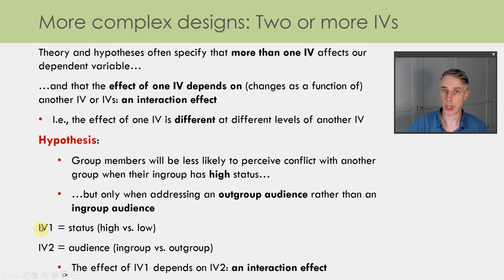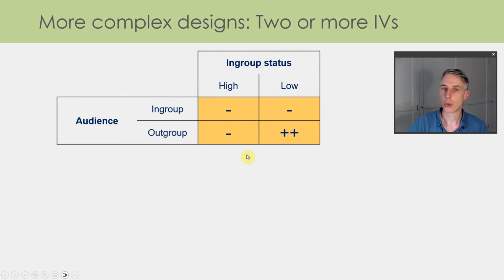So here now, this hypothesis suggests we have two independent variables. We've got status that we saw before, high versus low, but we've also got a second independent variable of audience, whether our responses are going to be seen by in-group members or out-group members. And specifically, the hypothesis is suggesting that the effect of the first independent variable is going to depend on the second independent variable, an interaction. So schematically,